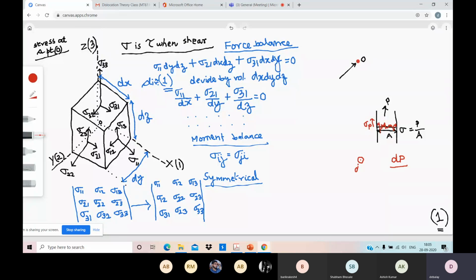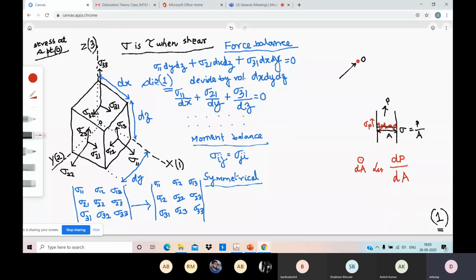So you can consider the area to be, say, dA, a very small area we are considering around that point. So actually, the stress at a point is the ratio of the load acting on that point divided by the small area that we consider around that point,